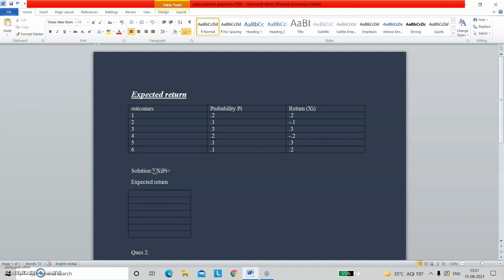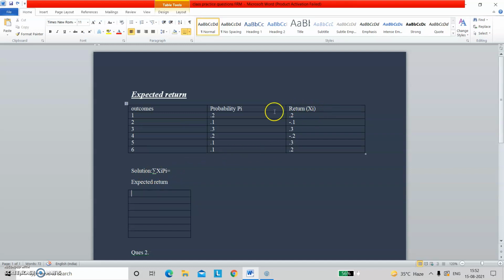So in the last theory class, I explained the meaning of expected return and types of return. Expected return is basically the return which an investor expects from his investment before making the investment, right? And realized return or the actual return is the return which he actually gets from his investment. So before investing somewhere, an investor always thinks about what return he is going to earn, what probability of return he is expecting from his investment, and only then does he invest in some of the securities, right?